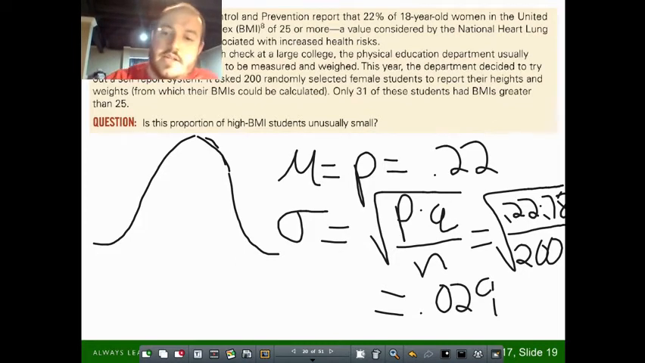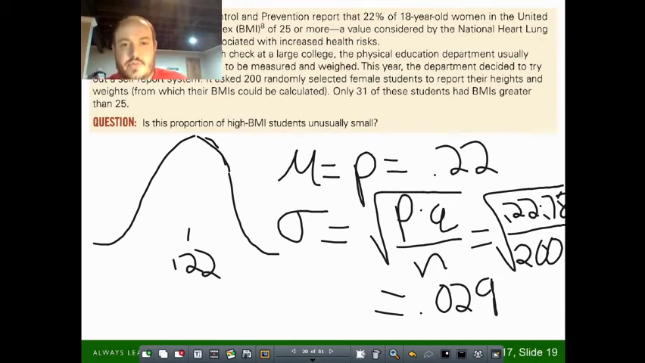0.029. All right, so we need those two things here. We need the standard deviation being 0.029, and we need to know that our mean is 0.22. So in the middle of this normal curve, 0.22, and then we would go up or down by 0.029. Now, this is all the sampling distribution stuff. This is what we're going to use to now answer the question, is this 31 out of 200 a reasonable